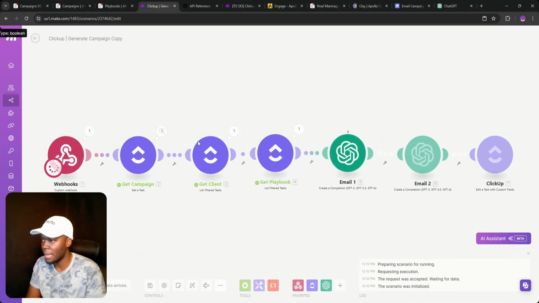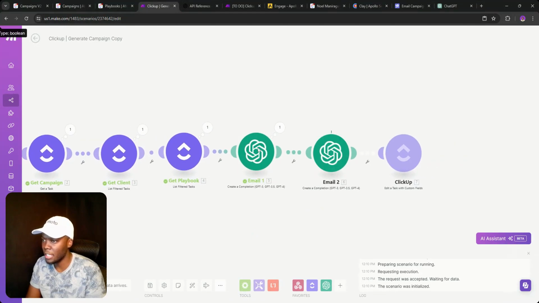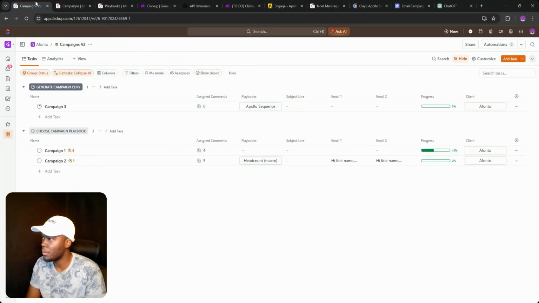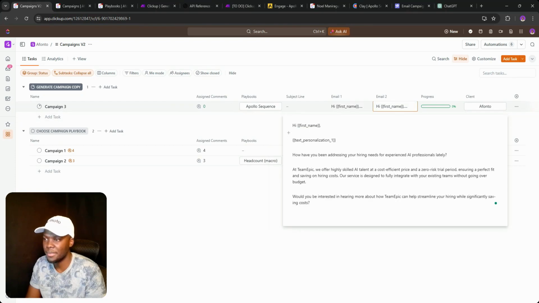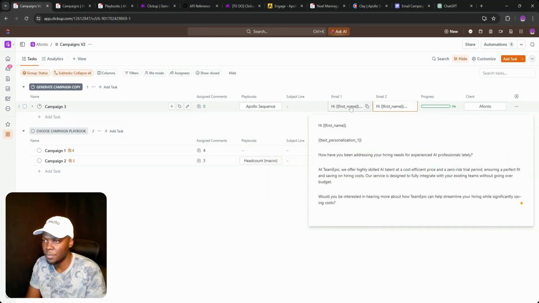And then it gets the campaign, gets the client, gets the playbook, creates an email, creates another email, and then sends it over into ClickUp. So boom, we've got the first email, which is, "Hey, first name, text personalization one. Have you been experiencing difficulties finding skilled AI engineers that fit your budget?" And then email two,